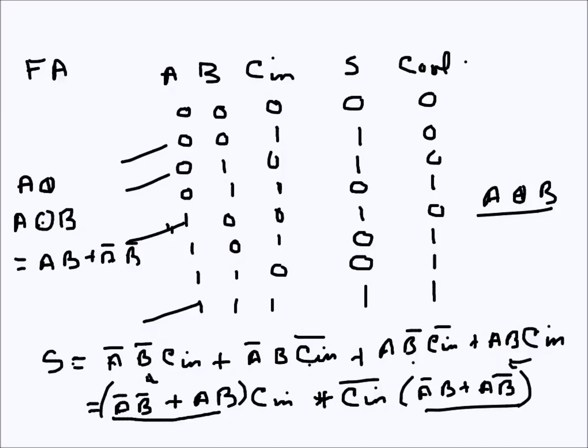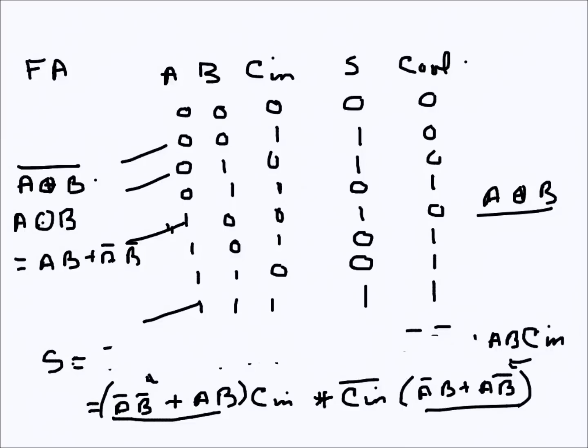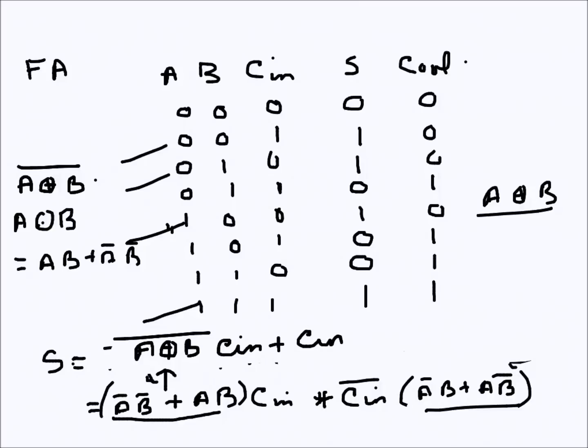So basically XNOR is nothing but an invert of XOR. So this whole thing we can write, I will just erase the previous line now because there I have some space. So this thing I can write (A XOR B) invert, because this is actually XNOR, this part, and then C in, plus C in invert A